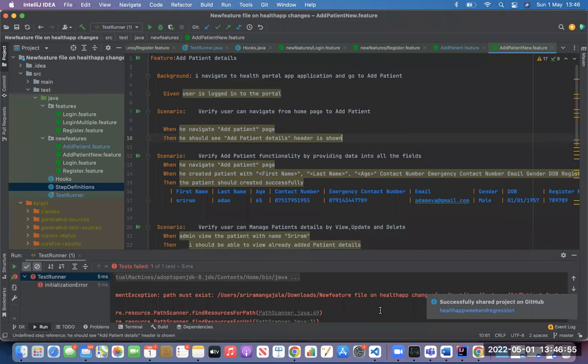And coming to the project, this is the behavior driven development project which I'm working on currently, and these are the feature files of the manual test cases which I have written, and I've converted these feature files for automation. This is all. Thank you.